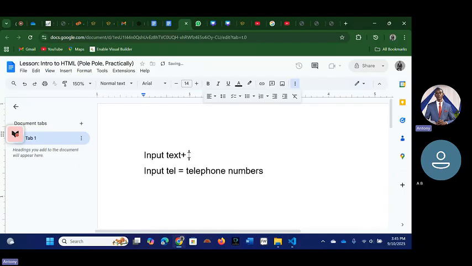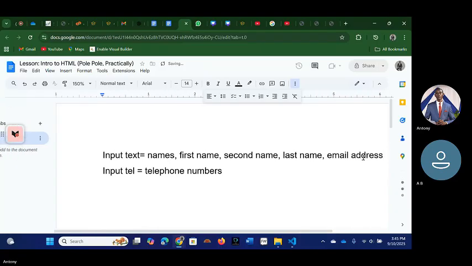Then text is for names, things like the first name, the second name, and the last name or third name of somebody. If you want a detail like an email address, the next input is input email. This one we mostly use when we want to collect email addresses.